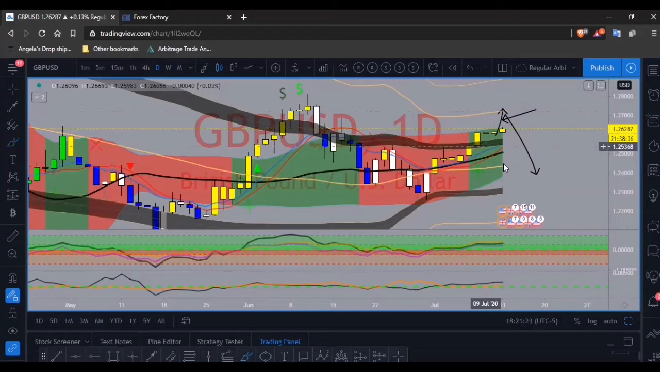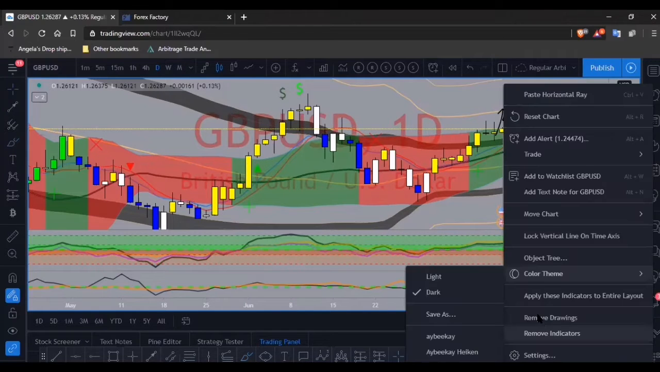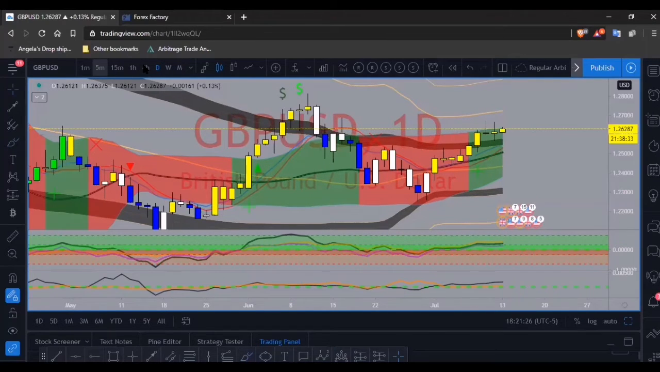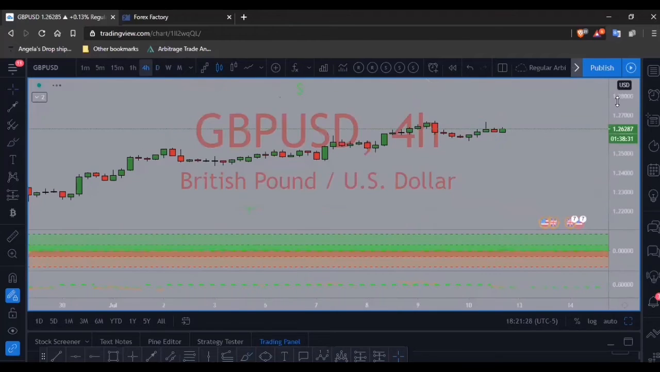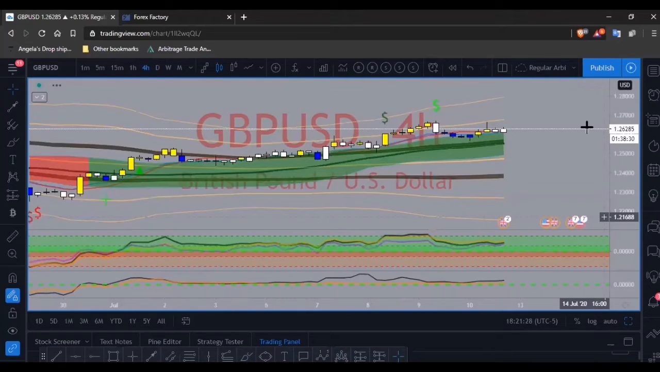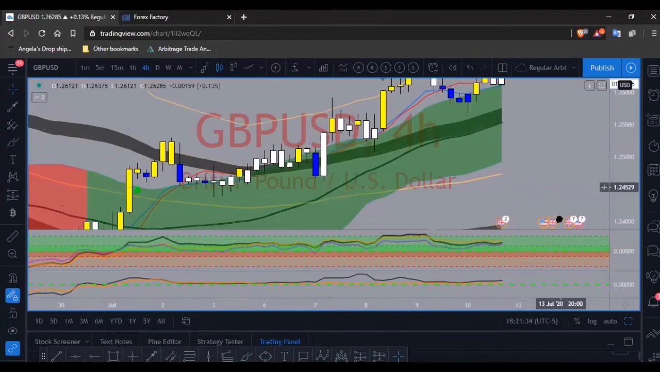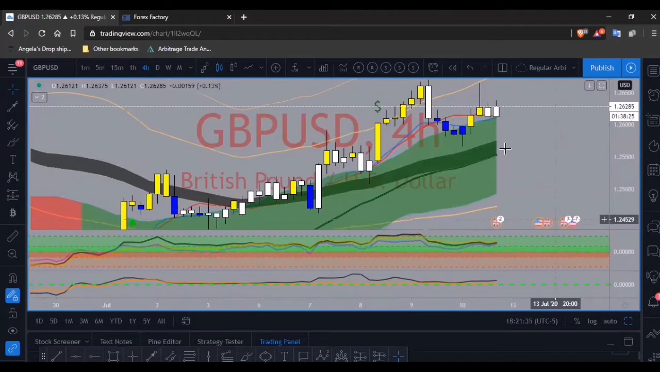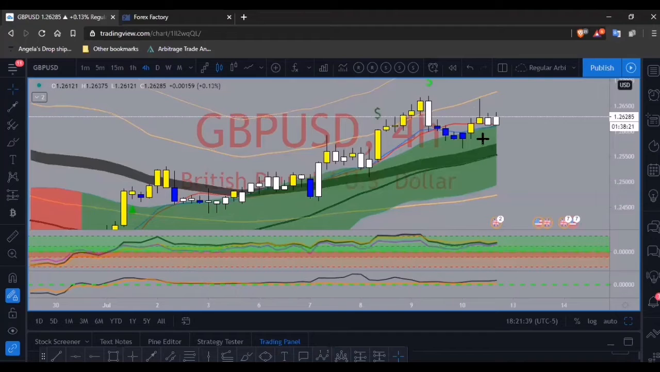So what I would want to see, let me remove drawings. 4-hour time frame. The 4-hour time frame is setting up for the sell, but it's not quite in there yet. You get me? But just like with EURUSD, the way this candle closed on Friday,